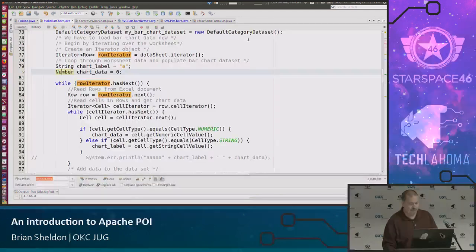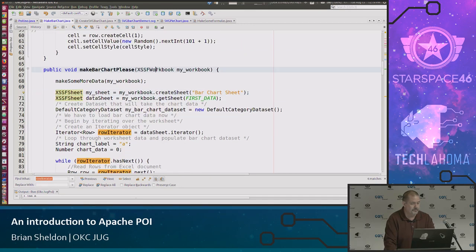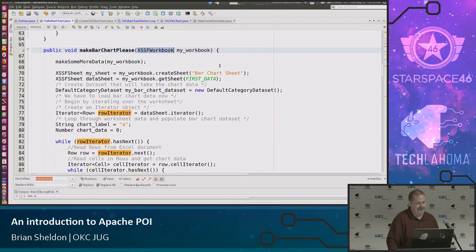What's the object class representing the overall spreadsheet? The spreadsheet or the workbook? That right there, the XSSF workbook, is the workbook. Can you create a workbook from a file and only from XLS extensions? Well, that's a good question. You can read in a spreadsheet. I'm not real sure about the file extension, if that matters. That would have to be played with. I didn't go down that road. I was more interested in,